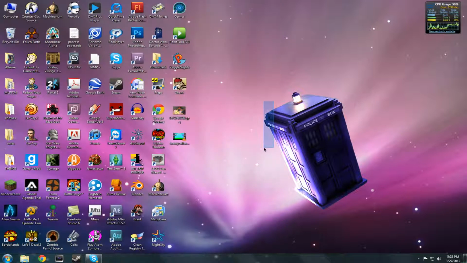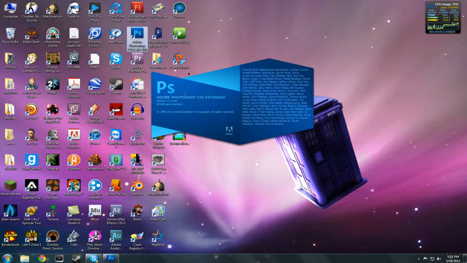I'm going to be doing this in Photoshop CS 5.1, so let's start that up first. What I'm going to be doing is recreating the photo I just showed you, using the same picture and the same stuff